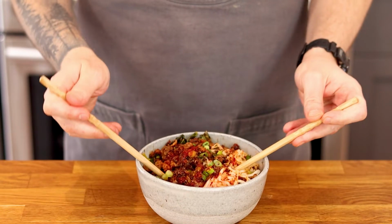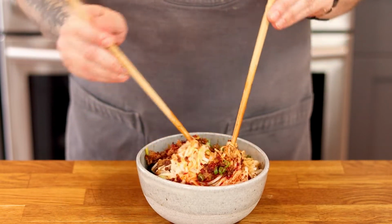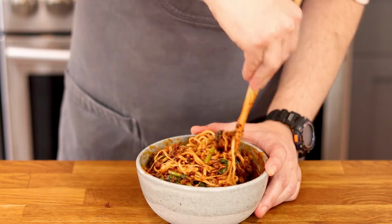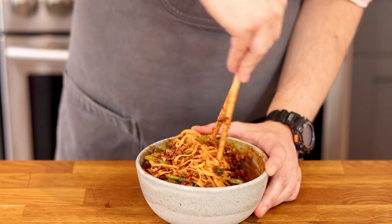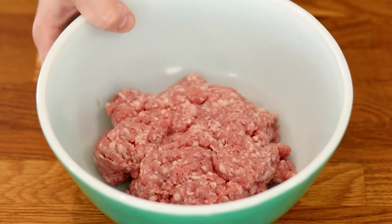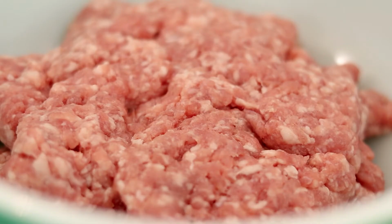So today I'm gonna show you how to make the most epic, spicy, greasy noodles out there. If you've never had Dan before, it's kind of like a Chinese spaghetti bolognese, but a bit nutty and a whole lot spicier. I've got about a pound of ground pork in a medium-sized bowl, to which I'm gonna add